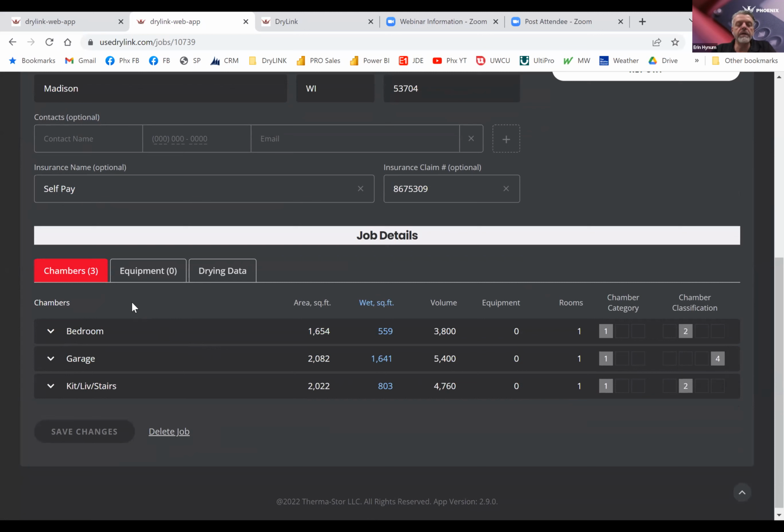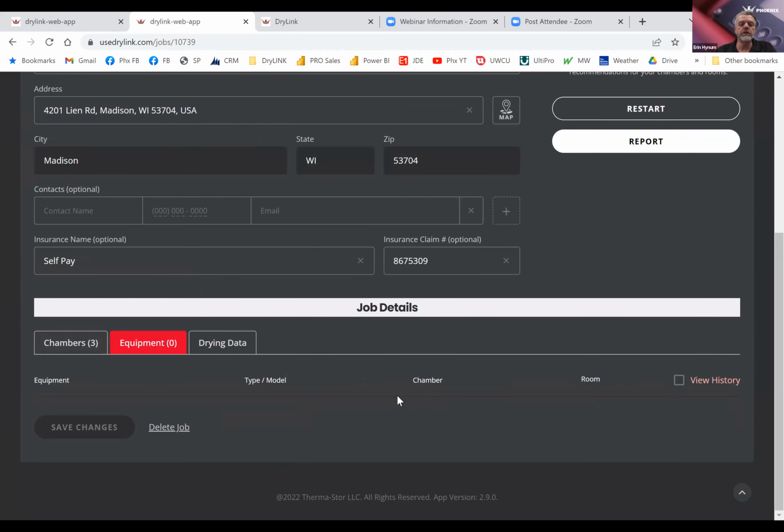One thing that we haven't implemented yet is adding equipment through the web portal. At first, we thought people wouldn't want to do that, but now we've realized that if you have a tablet, you may want to take advantage of that. So we are going to add that in the future, but right now we don't have a way to add chambers. Now, if I move over to the equipment tab, this job is completed, so I have to hit view history,